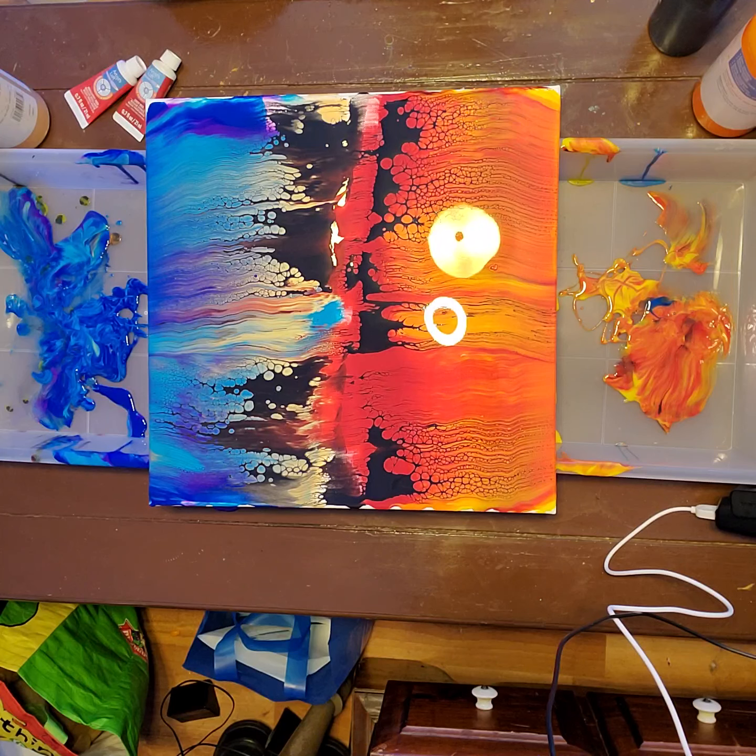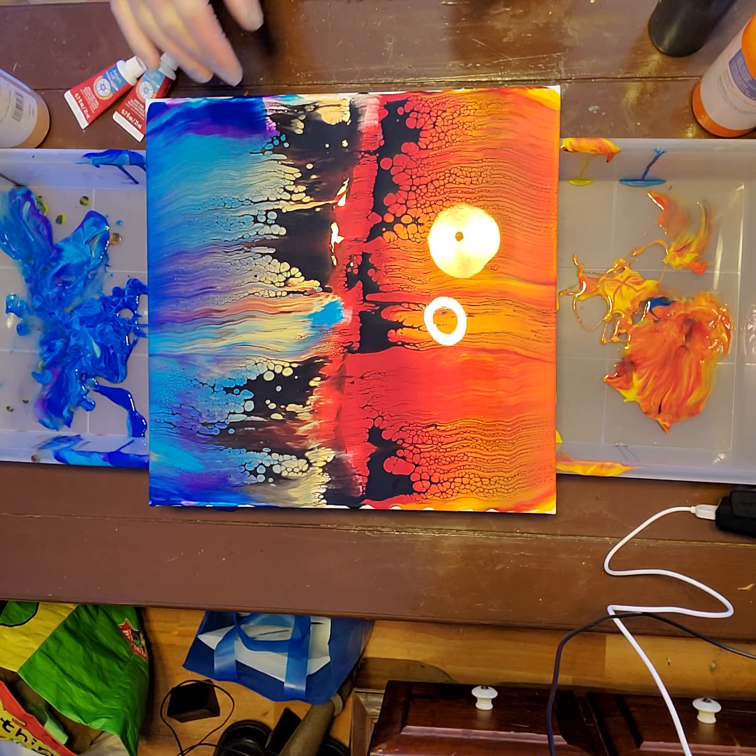All right, I'm gonna heat this up again with this terrible, horrible blowtorch that I have, because it's all I have. So it needs to be heated. That's gonna activate the cells. As you can see,